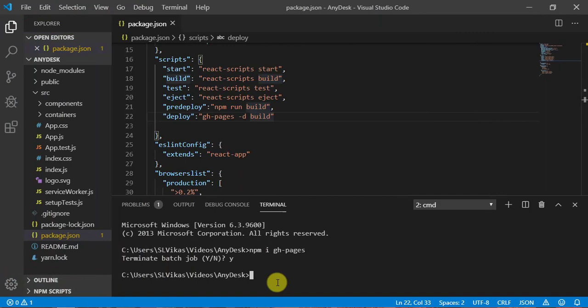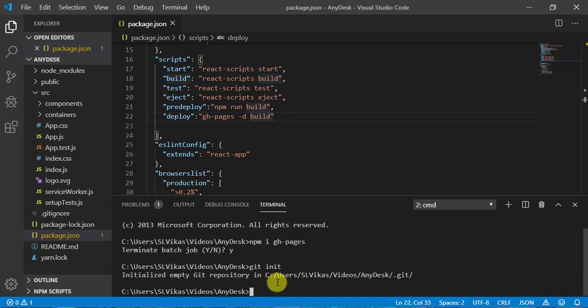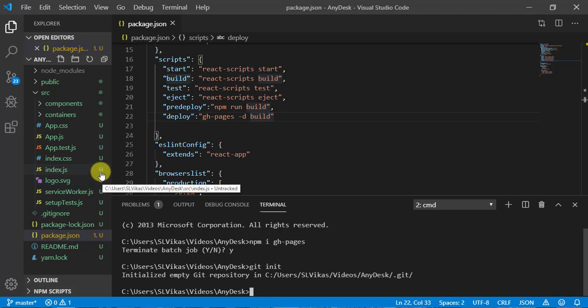Now it's time to push our code to GitHub. For that I need to write git init. This command will work once Git is installed in your system. It will create a git repository on my system. Now you can see I am getting untracked files and all those.